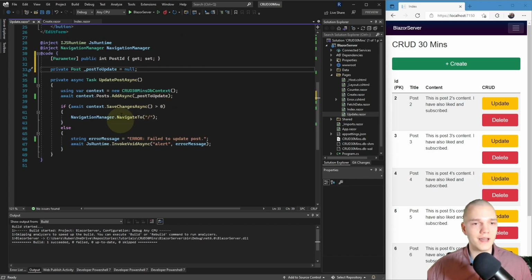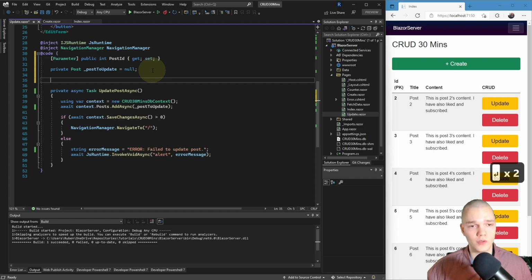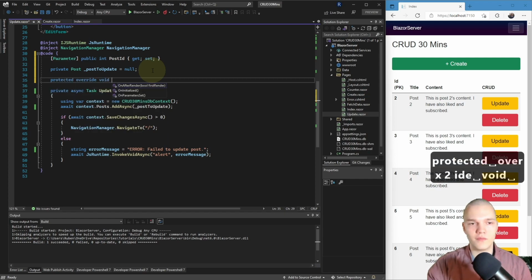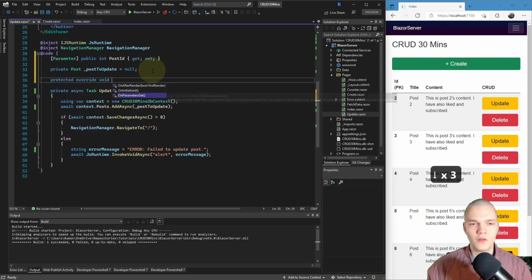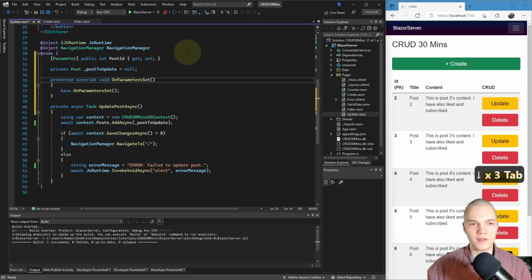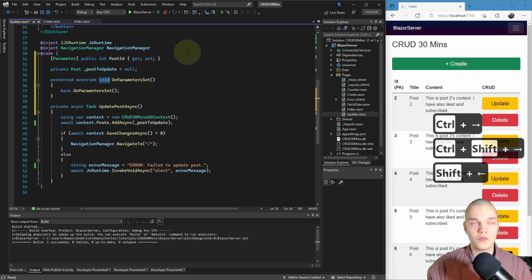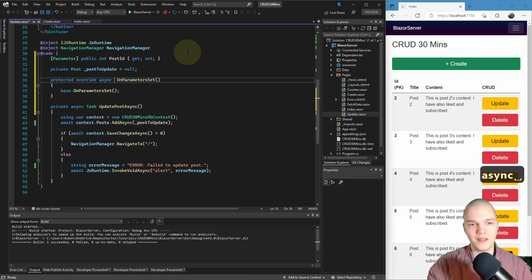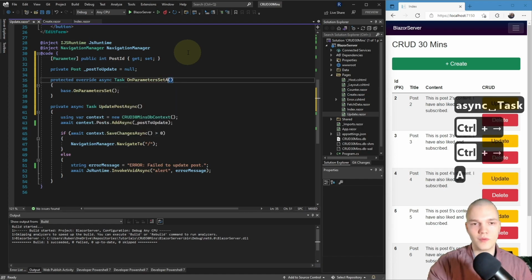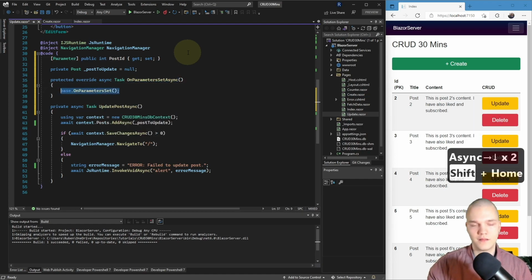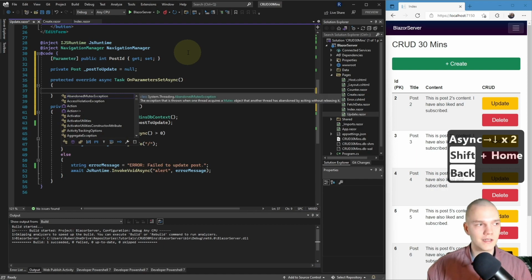Then in the lifecycle method on parameter set async, we'll get this post from the database. So I'll do protected override void, and then on parameter set, but I'm gonna change it to protected override async task, and then on parameter set async, and remove this base call.